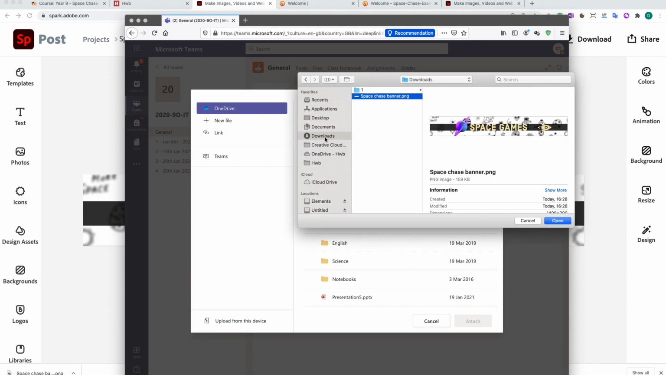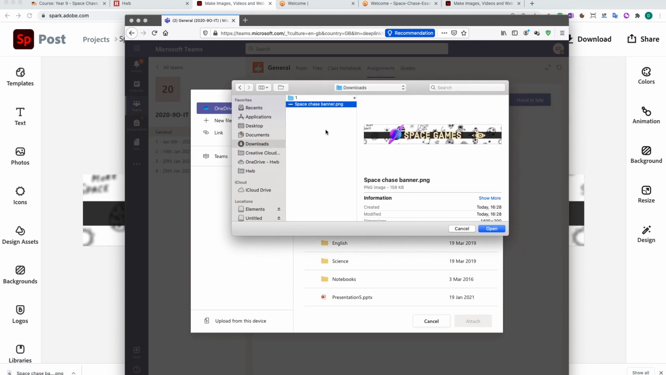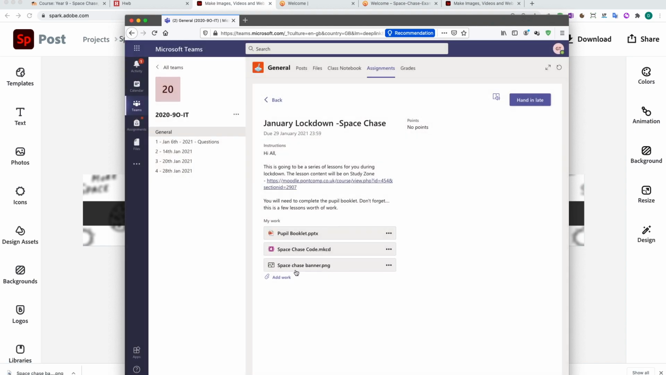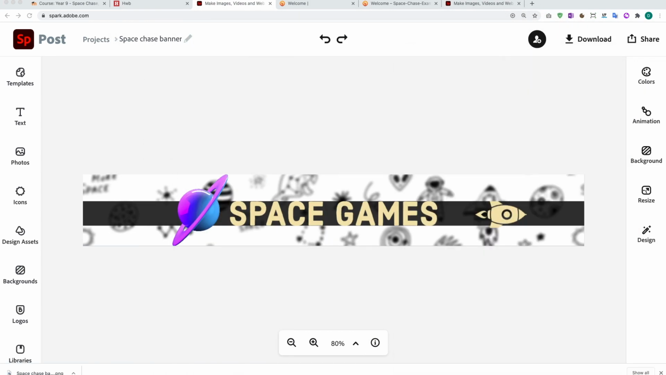You can find your downloads folder, and then you can basically move it in here by clicking open. It'll then upload, and then click done, and that will add your banner to this assignment. Now you're going to do the same thing next week with your logos, where you're going to add your logo in as well. So just to recap really quickly, once you are happy and you've finished with your banner, what